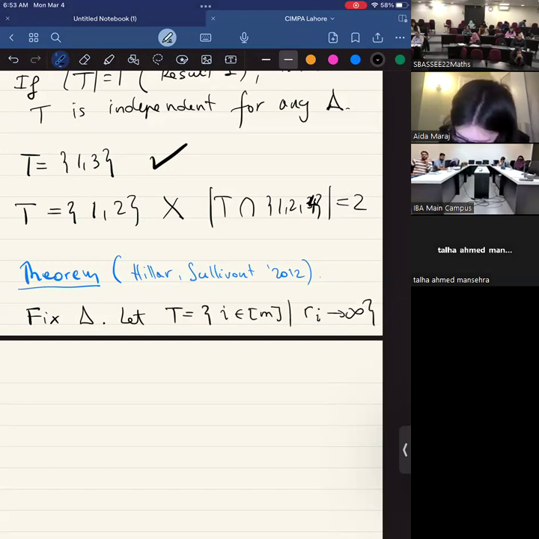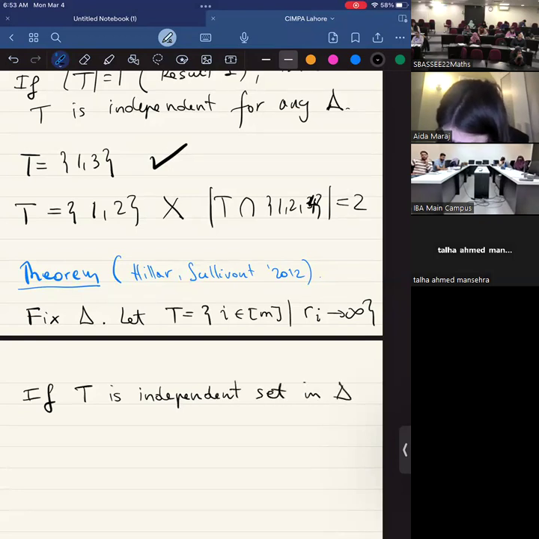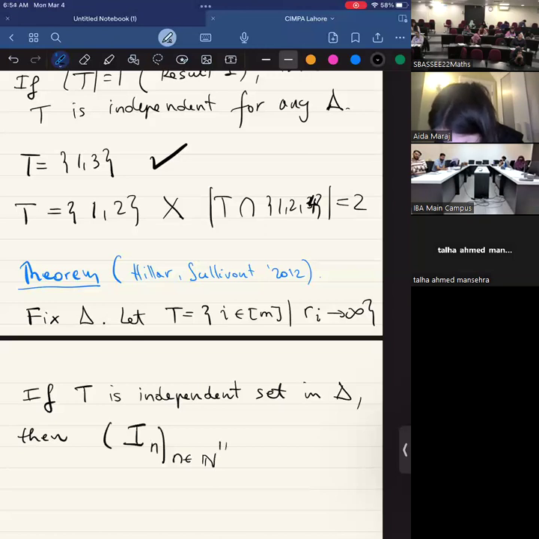If T is an independent set in delta, then the family of I_N, where N is now a vector in N to the size of T,